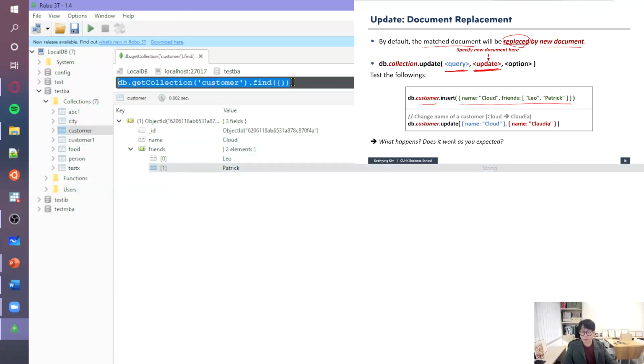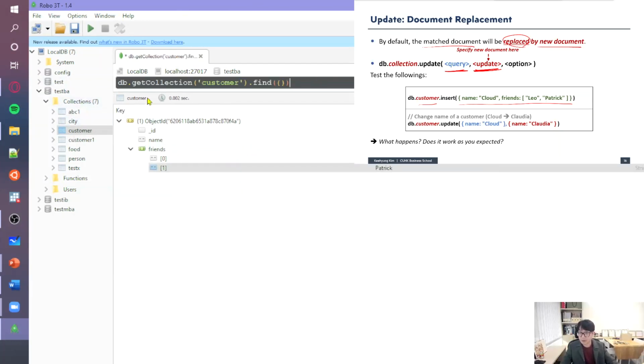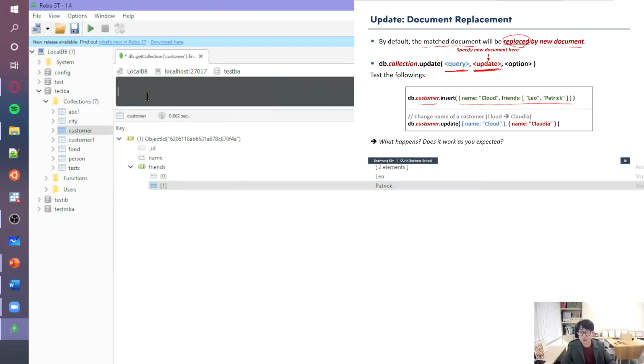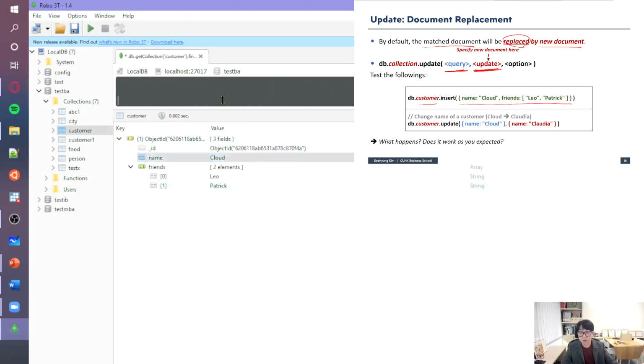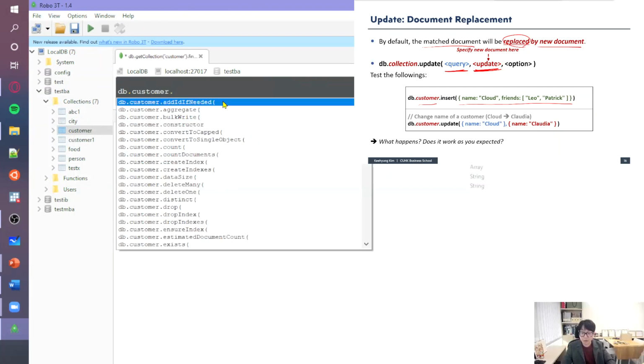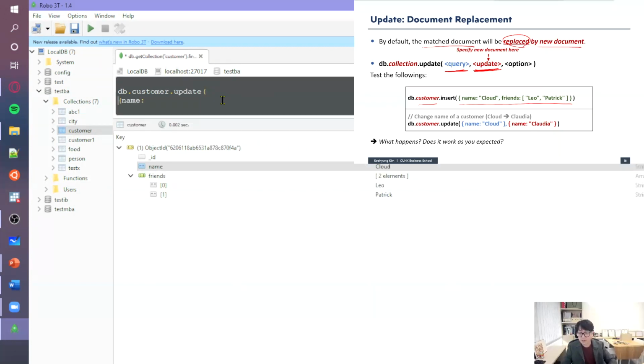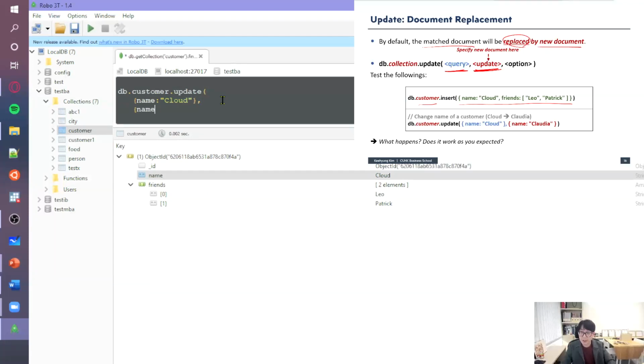So now what I want to do is this. Let's just say that I typed the name wrong. The name should not be cloud. It should be Claudia. So I want to update the name. If I do db.customer and the update function, and I say find the documents with the name cloud, and update the name into Claudia,